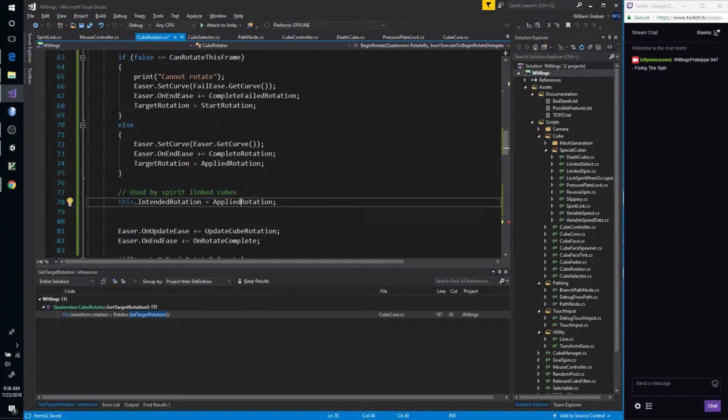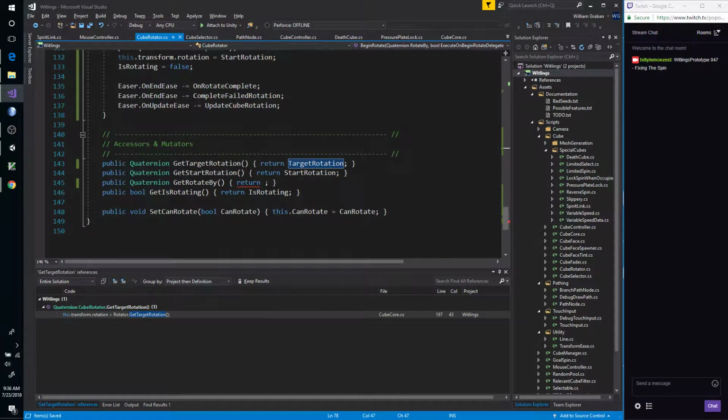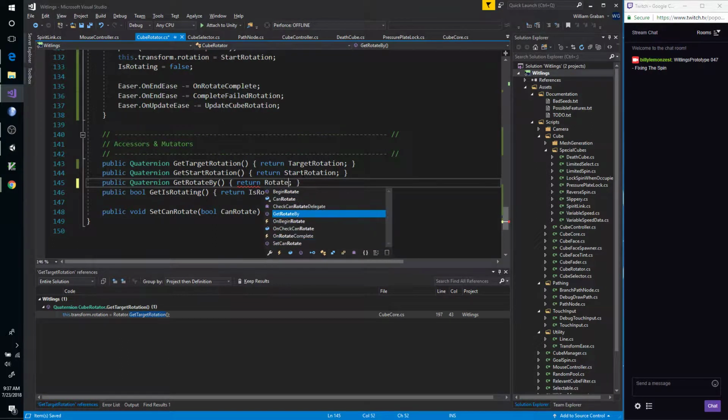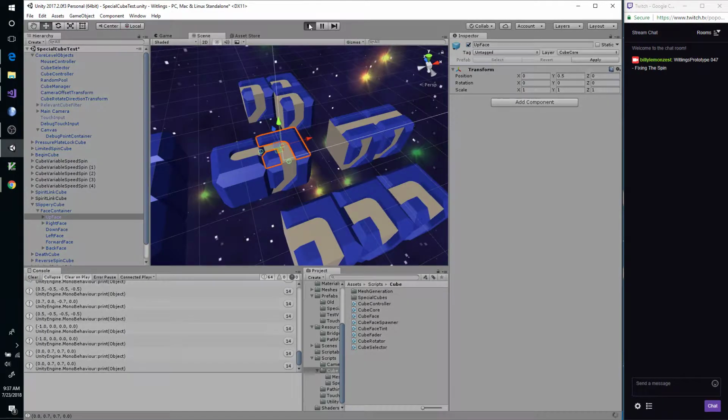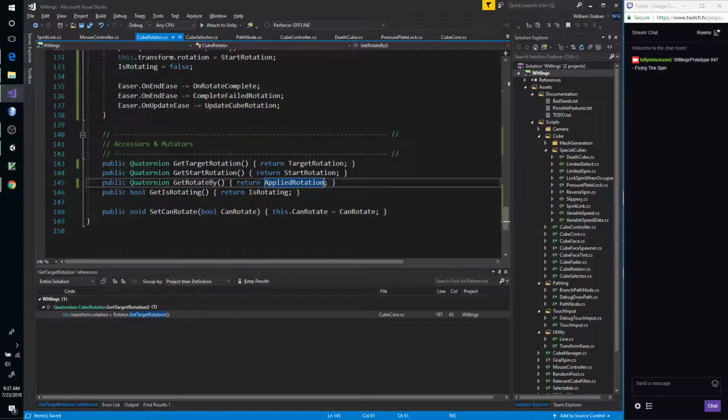Intended rotation equals target rotation, I believe. Uh-oh. Is it going to be that simple? I think it's still broken. It is, but